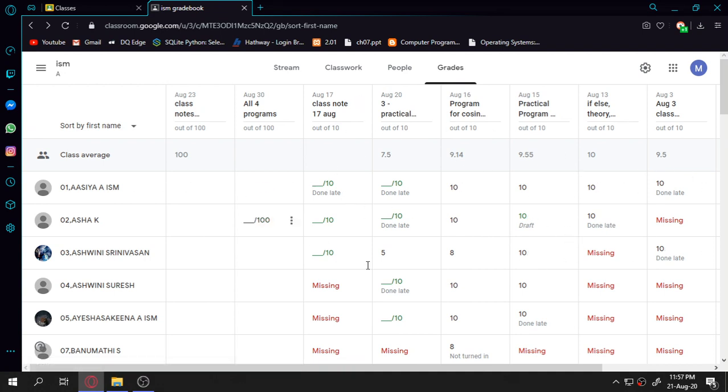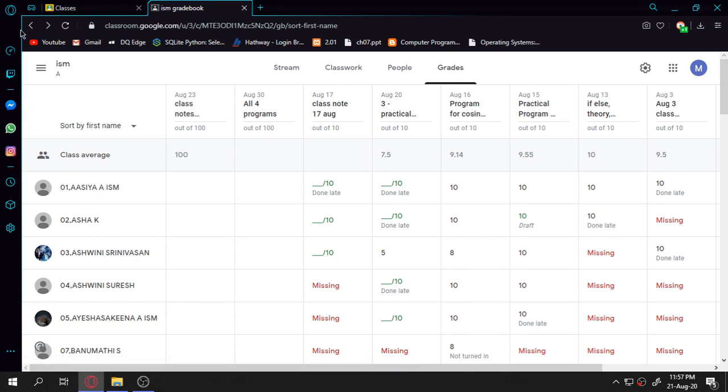And in the same way, you can assign tests to the students, like a test with one mark questions and then big questions. Then you can review the work and allot the grade for them. Then you can find out what average the students scored in the first test, what they scored in the second test, and I can also see the first student's test average. So everything can be done by this grade book option.